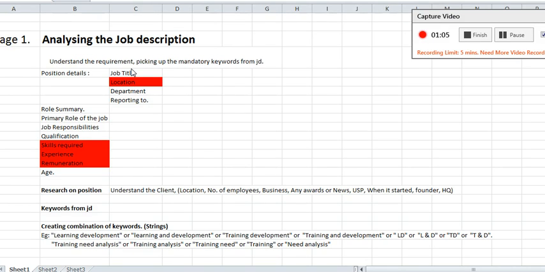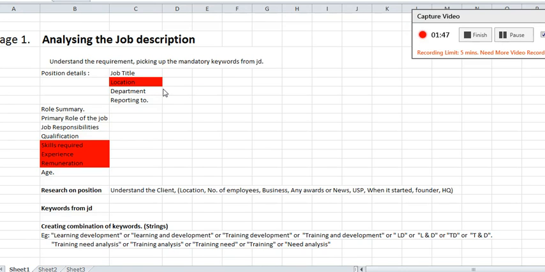Mandatory keywords are identified either by talking to the concerned client or the hiring manager, and also possibly with somebody senior who understands the requirement very well, and understanding what exactly are the basic skills without which the candidates cannot be processed ahead. So it is something like must have, should have, or expertise in. These are the possible keywords, the words used to define the importance of that particular skill,